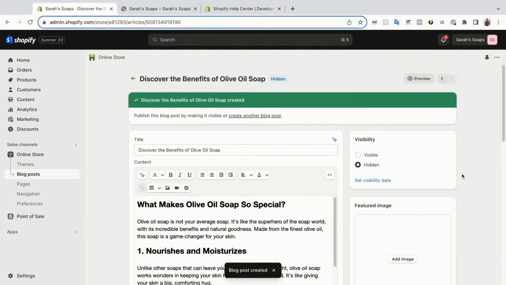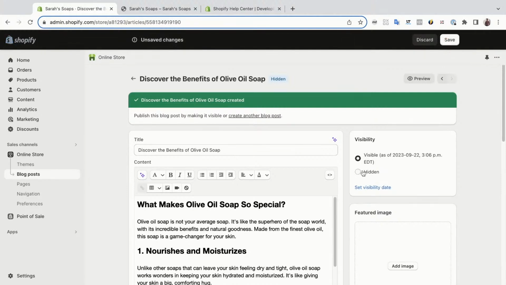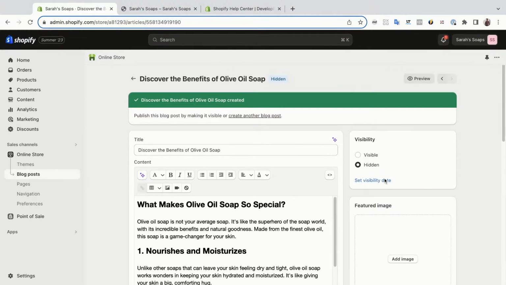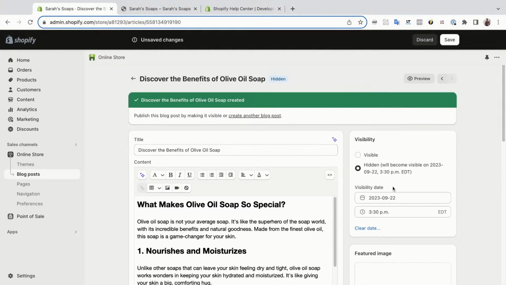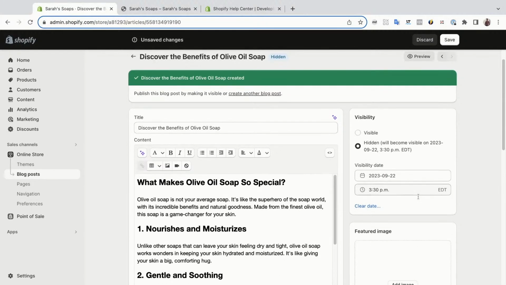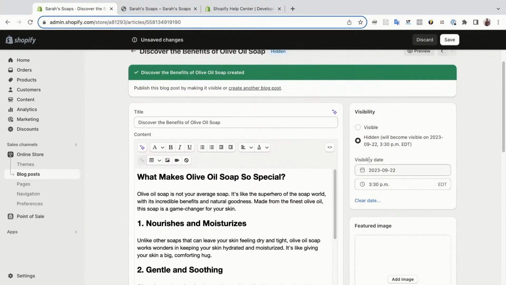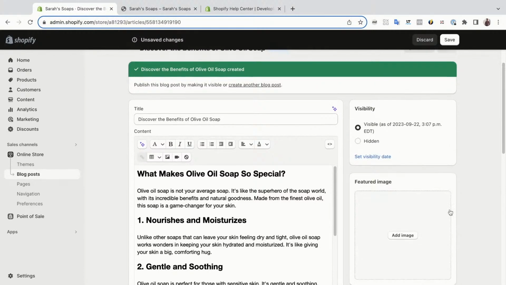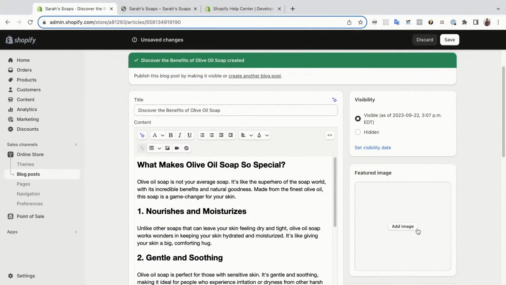Okay, perfect. So I've saved this now, and we can also choose if we'd like to make it visible, or you can keep it hidden. You can set a visibility date, so you can choose when you would like to make the blog visible on the website. You can add an image. So for example,